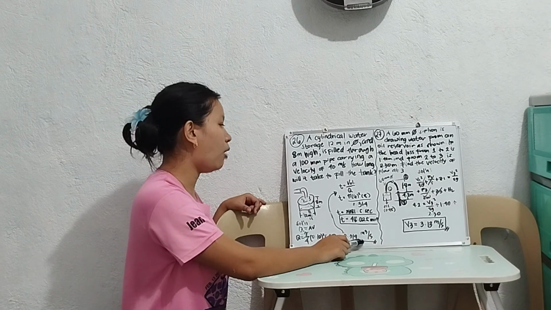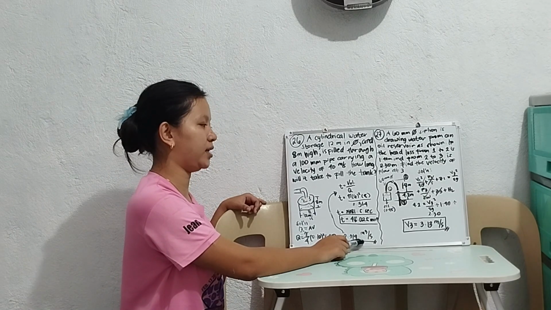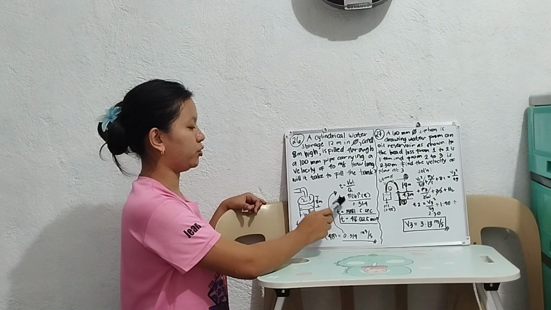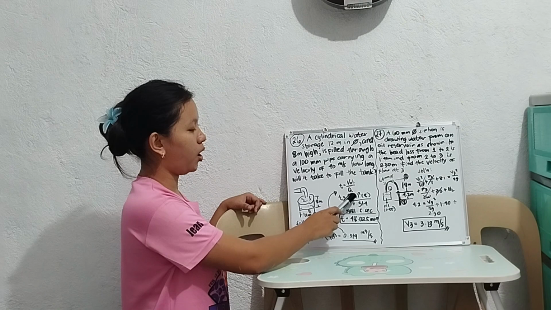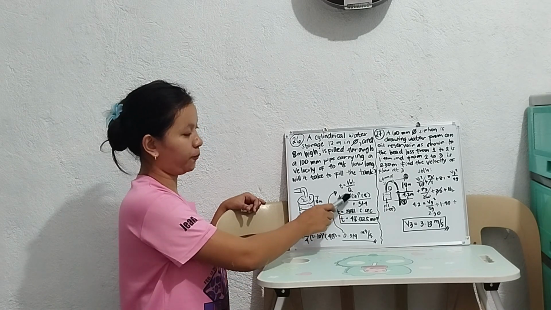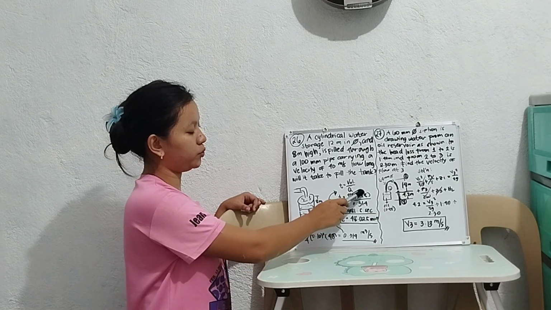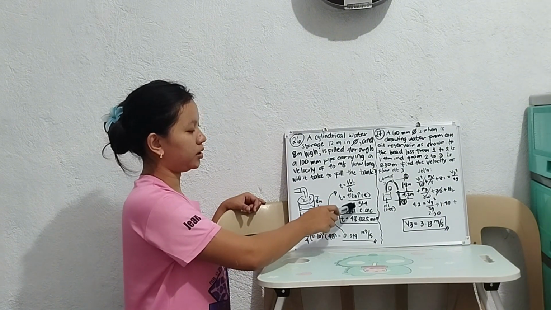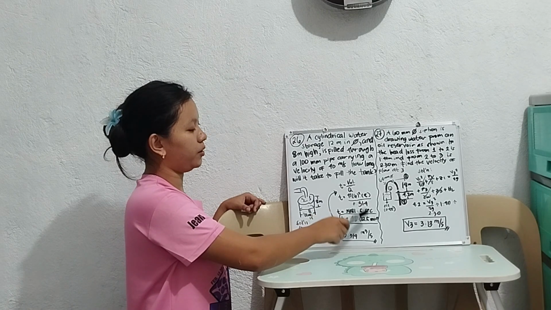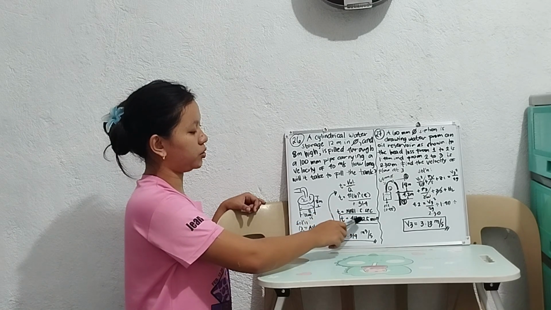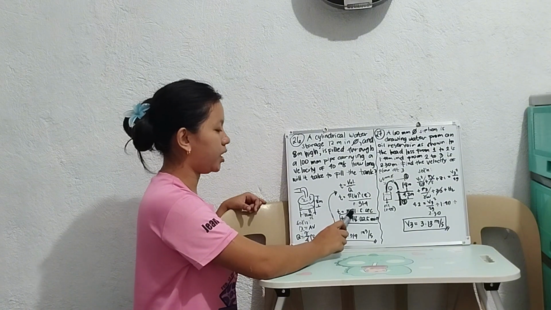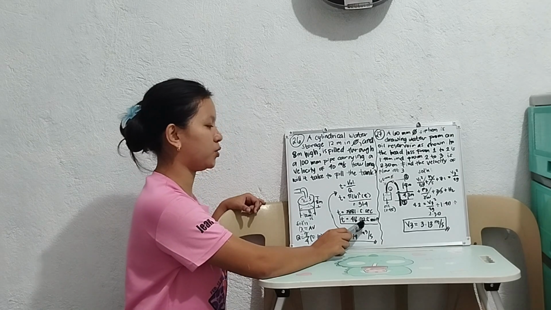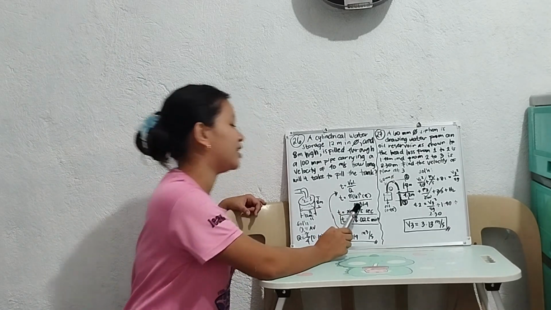So the question is, how long will it take to fill the tank? So we need to find the time. So the formula for the time is time equals volume over Q. So T equals the volume, pi R squared h, where R is 12 divided by 2, which is 6. So pi times 6 raised to the power of 2, then times 8 with the height, over Q, which is 0.314. So divide all over 0.314. So the answer will be 2,881.5 seconds. So we convert it into minutes. So the answer will be